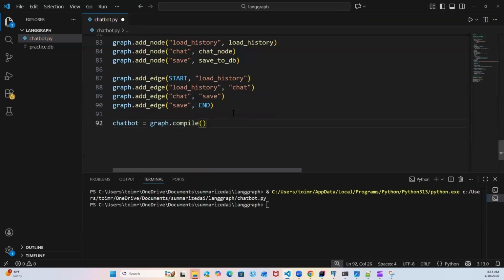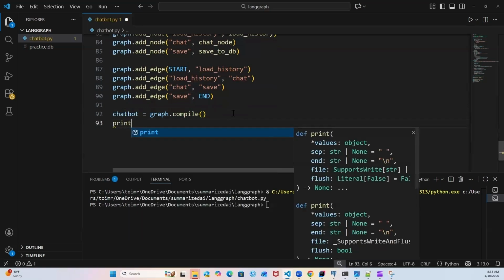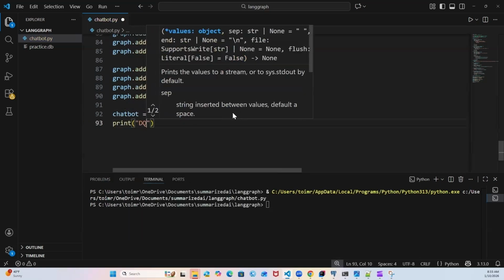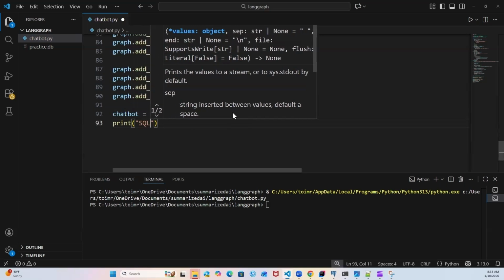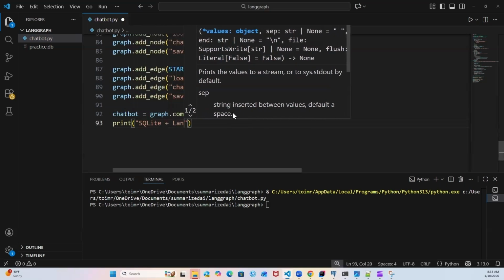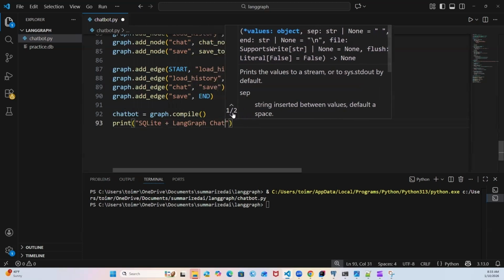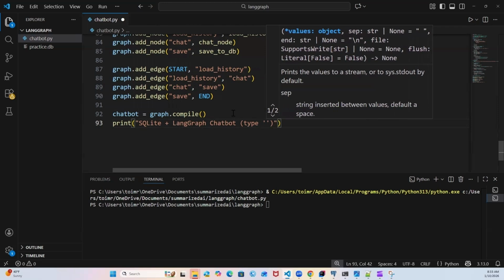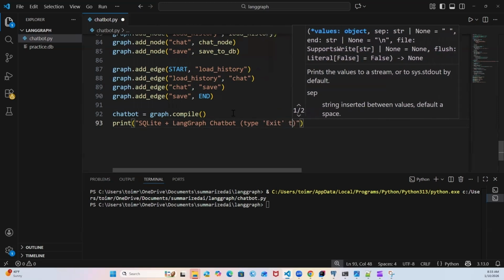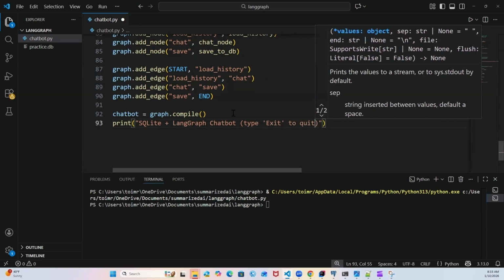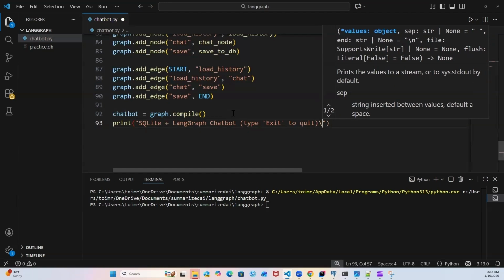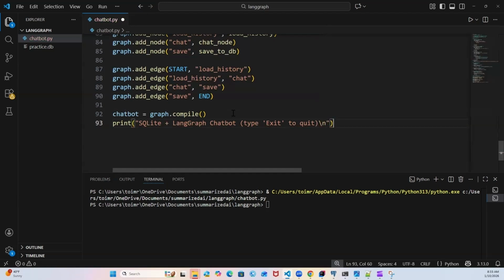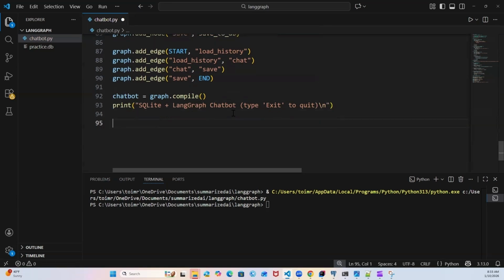Okay, and you can simply write here print and just say SQLite plus LangGraph chatbot. Okay, and just say type exit to quit. Great, this is done. And here you can say escape character as \n. Great. Now after this, as we are going to create the chatbot, which means we are going to provide or